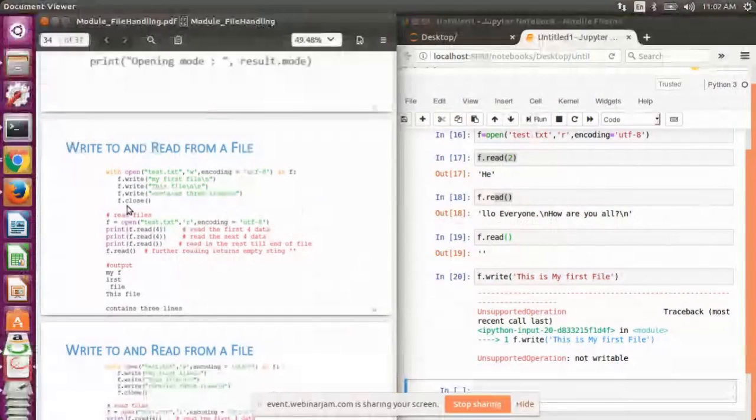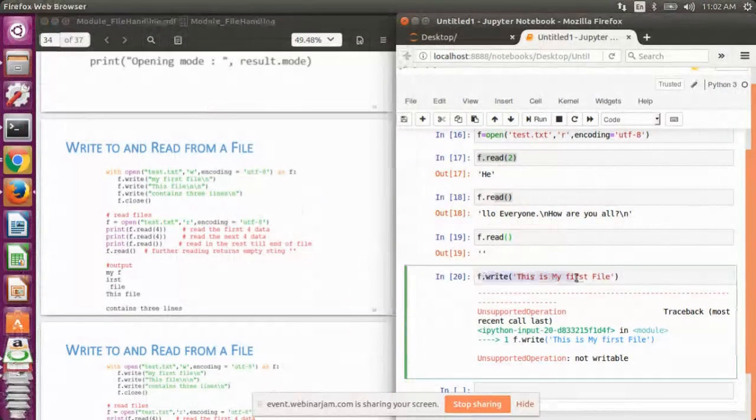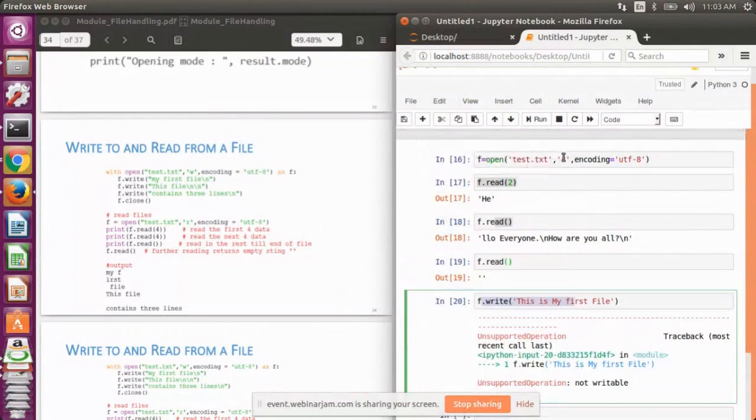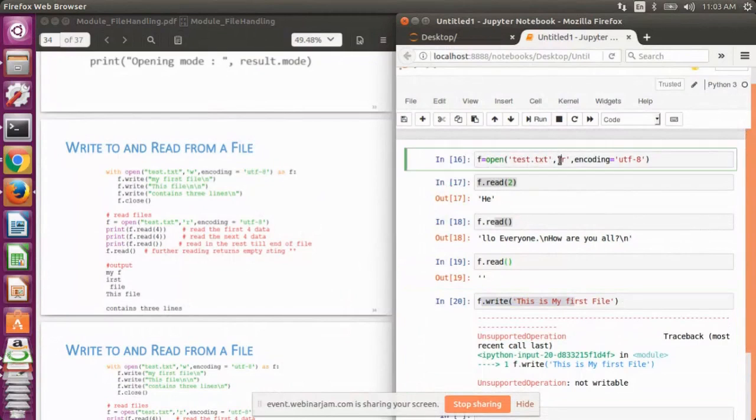Sorry for the interruption. My signal got lost. So I was saying, when I wrote the write command, it gave me an error, because in the mode in which I opened the file, I specifically specified the read mode.